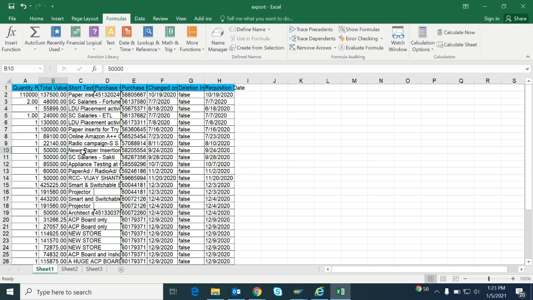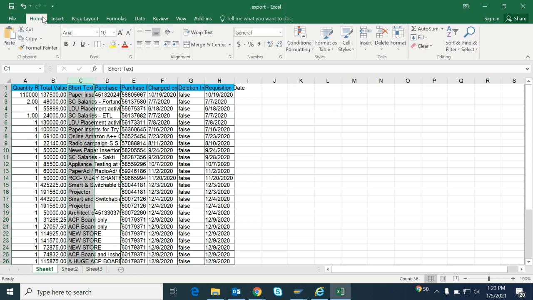Suppose now I want a different thing. I want to change the font of this. Let's check what it is. It is Arial. Now change it to Calibri. How can you do that? Again, select the data which you want. For selecting the data, there are many ways. You can see my other videos where I have told you how to select the data in Excel. A separate video is there; you can go to the I button and see that video. So I will select this.